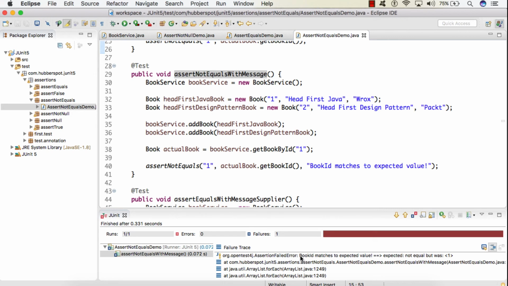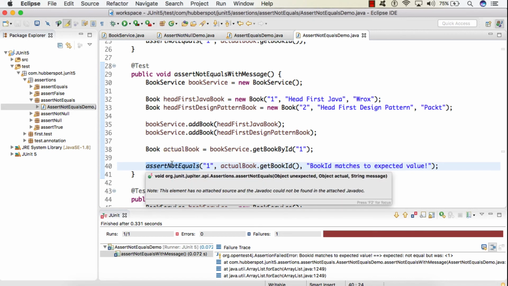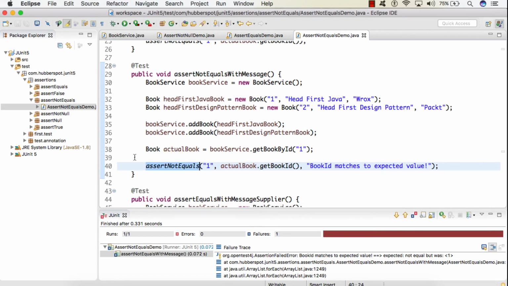And here you can see it also prints our customized message saying that book ID matches to expected value. So here the actual value is 1 and the expected value is also 1. So basically 1 is equal to 1. Therefore our assert not equals assertion fails. So this was the second overloaded method, where we pass in a string message which gets printed whenever our test case fails.